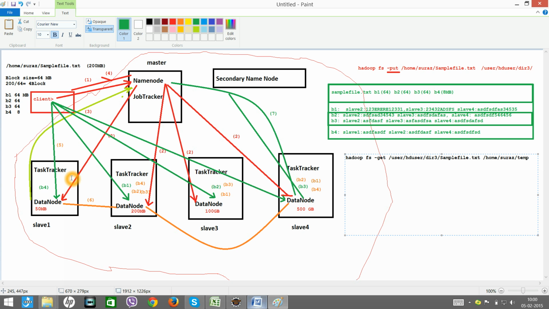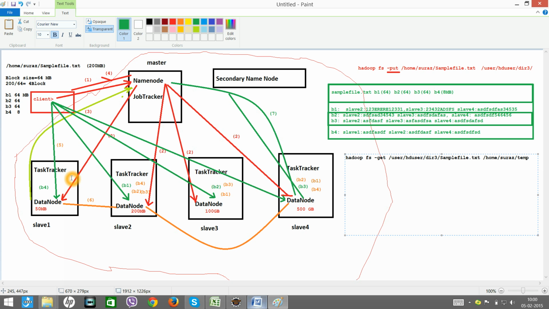Now let's talk about processing the data. As we know, Hadoop is basically for two things: storing data and processing data. So we learned how to store the data, right? We just give a put command, and the put command interacts with the name node. It gets the details of the data nodes, returns them to the put, and then the put starts dividing the data and writing it into the data nodes. Now let's understand how to process the data.